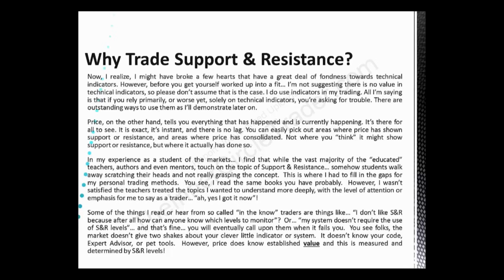So understanding that value, or what is deemed as value, is always going to be moving. It's dynamic, which is the reason why there's multiple levels that would be considered support and resistance based on any time frame. Price is price. It's the same on a monthly chart or a 1-minute chart, but how we perceive it,